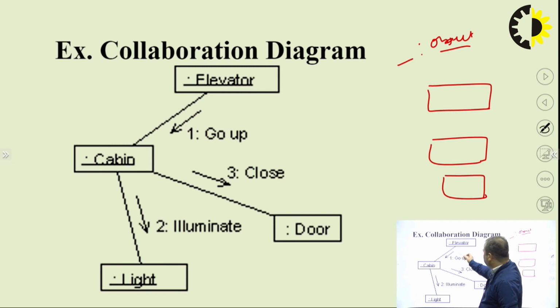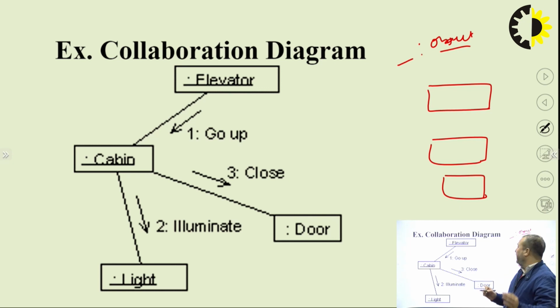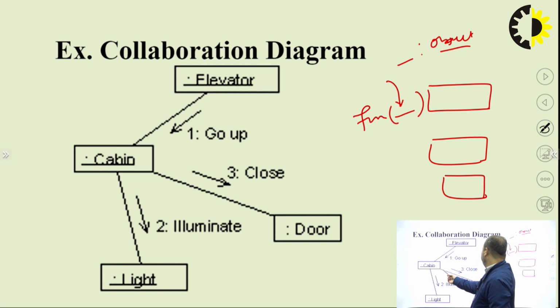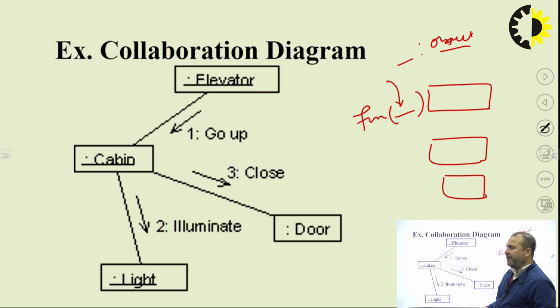And this is the message, meaning the argument which we pass into functions, just like a parameter in C. The parameter we pass means an argument, and this is what we call the message. So see, cabin, elevator. Elevator goes up, okay, then close door, then illuminate light. Okay, so